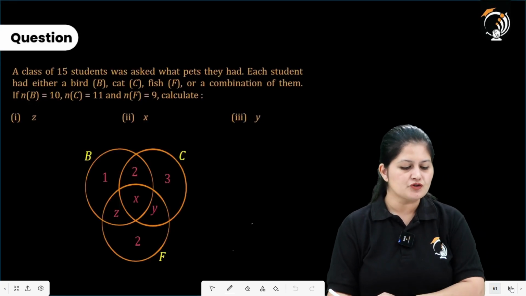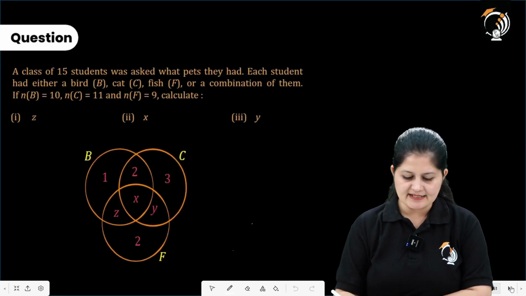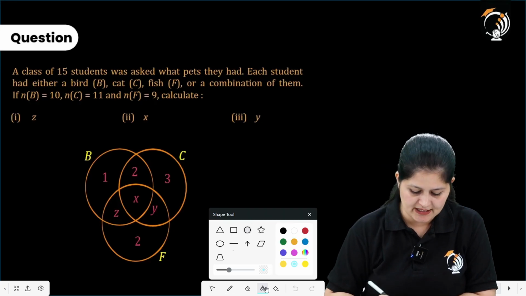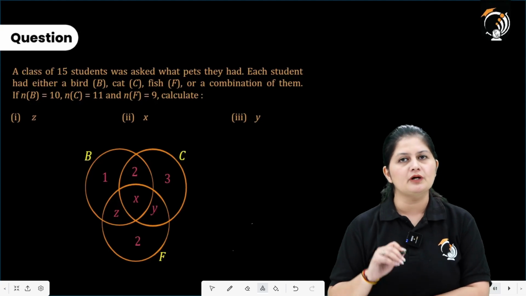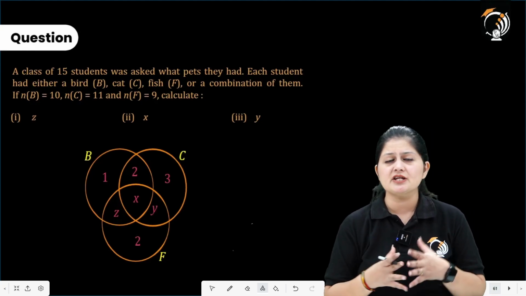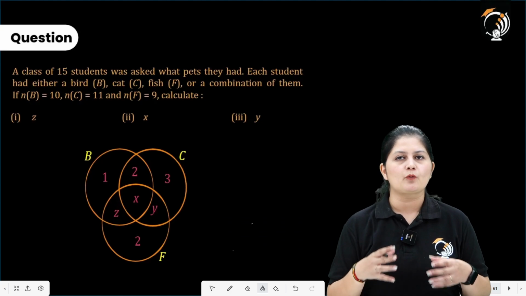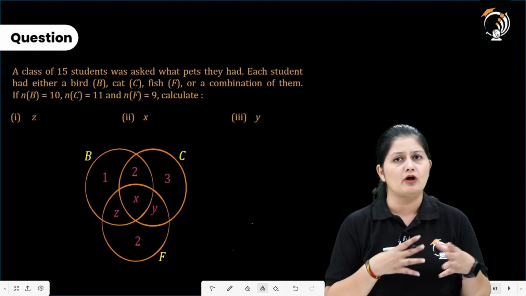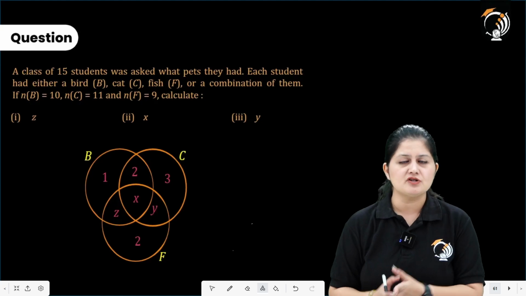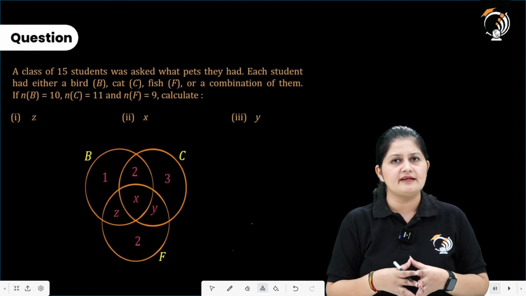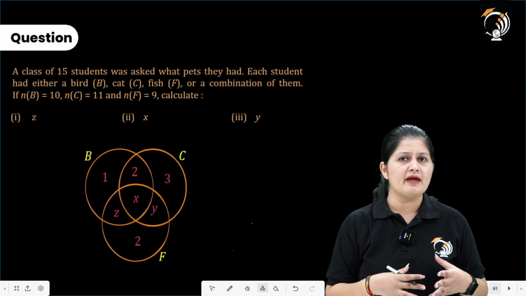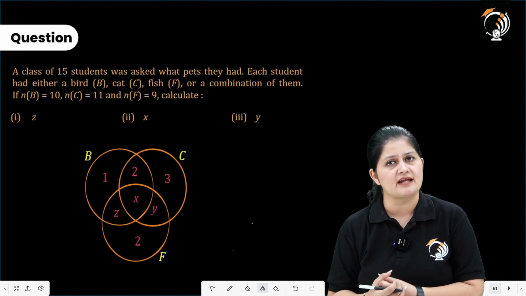Okay, moving to one more question here. Let's read and understand what the question says, and then we will be moving on to the previous year questions, as this is such an important topic that you get a question from the Venn diagram topic almost in every paper. So it's important that we understand this topic thoroughly, because you will have the question either in a core or your extended paper.